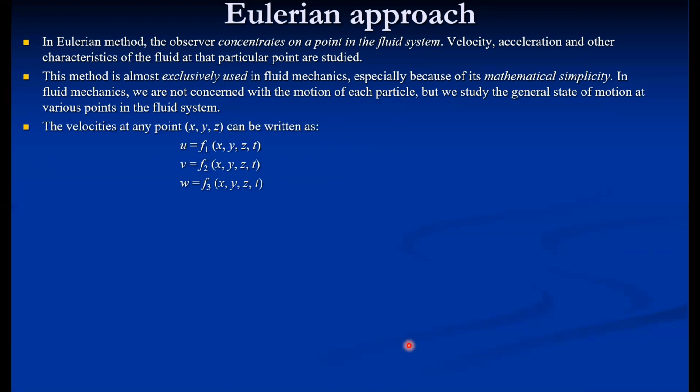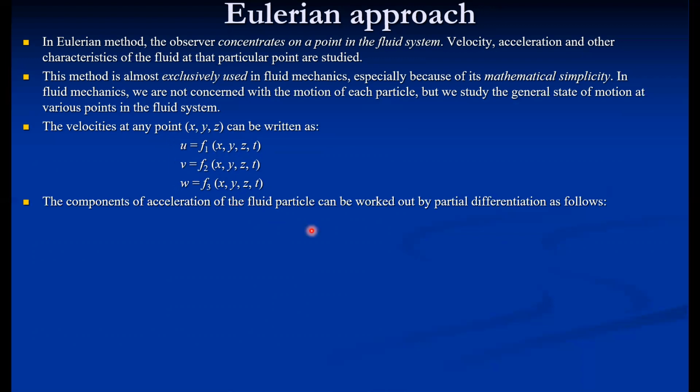So the velocity at any point x, y, z can be determined, and these are the x, y, and z components of velocity. All these components are functions of the space coordinates x, y, z, and t. The component of acceleration of the fluid particle can be worked out according to the chain rule, or by partial differentiation, as follows. Because u varies with x, y, z, and t,